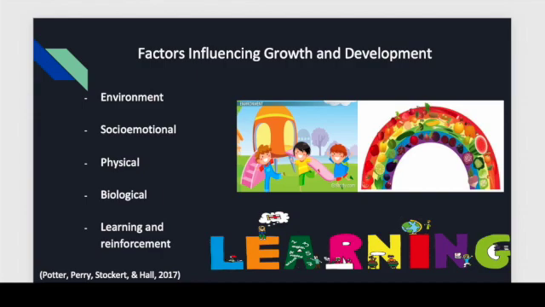One of the most important aspects of the biological factor is genetics. Genes direct the growth and the sequence of development. For example, genes direct the growth rate in things like height for an individual. But it is also important to remember that growth can only be reached if environmental conditions are sufficient.